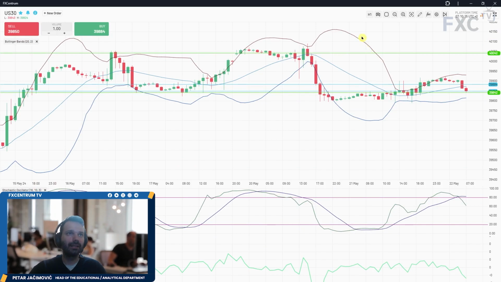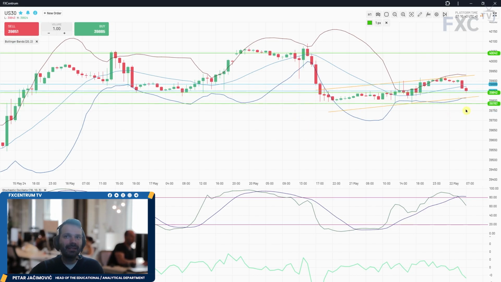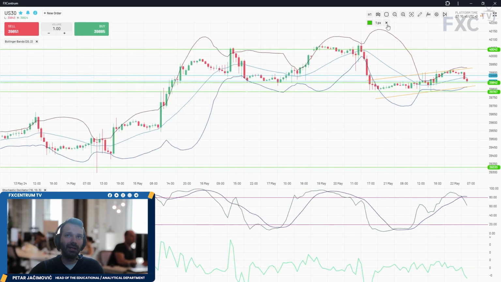US 30 is a weaker symbol and weaker index. We had a down break, we had a pause, and we can see that the market seems to be breaking now to the downside. So you can see here that this is more like a bearish flag, just a type of correction. And if the market can really break the lower Bollinger Band, let's say 39,800, and hold below, this can be quite a good continuation move on the hourly,